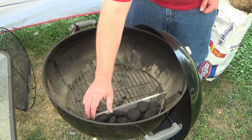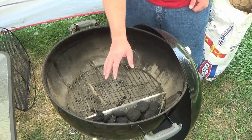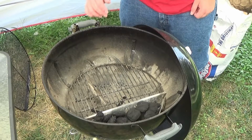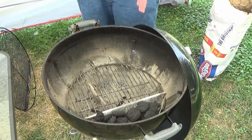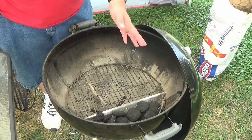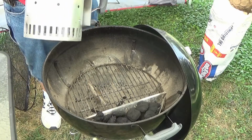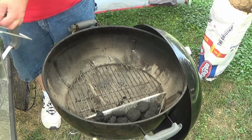Because it's a slower cook, I'm not going to light all of these. I'm just going to light some and it'll gradually go through. We may end up with a bunch of coals that don't ever even get used in this, but this should be plenty. I'm sure I could get a 5-hour cook out of this easily, and I don't think it's going to take that long. Next,